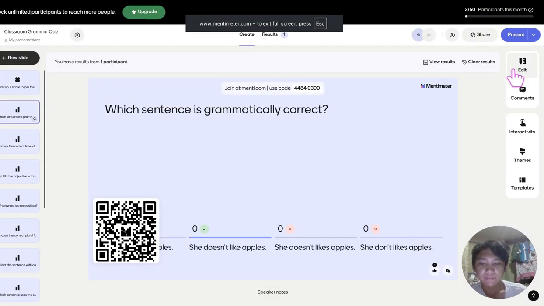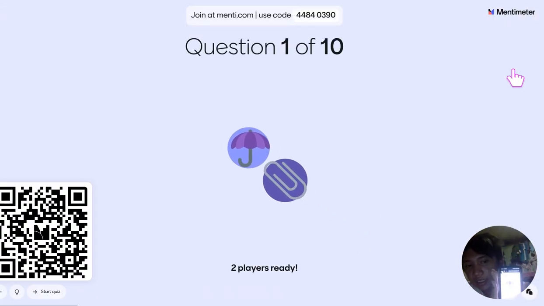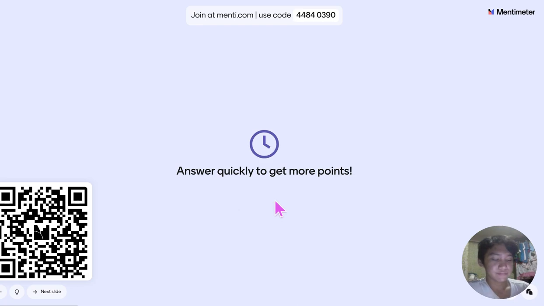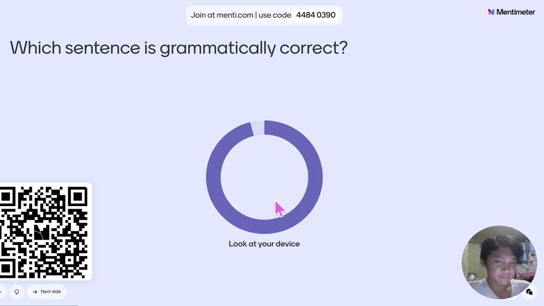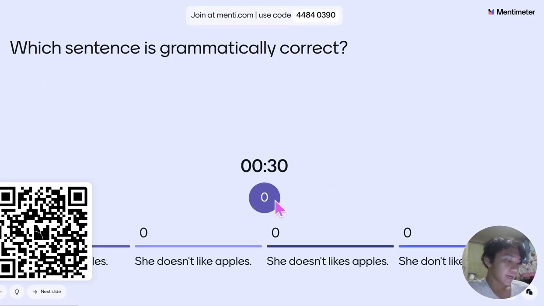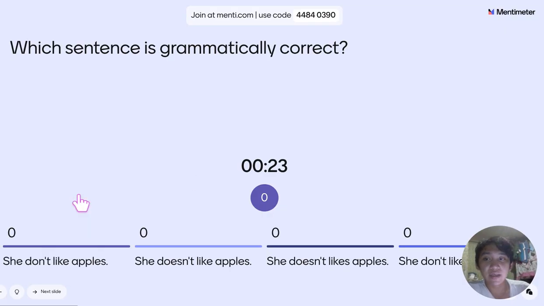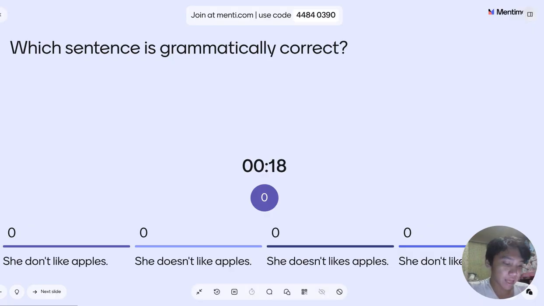There we go. You cannot see it here since the phone's lighting, but I have managed to join. So let us start the quiz. So in the point of view of the device, the quiz will most likely start. And you will only see here in the presentation's point of view where the students most likely answered.